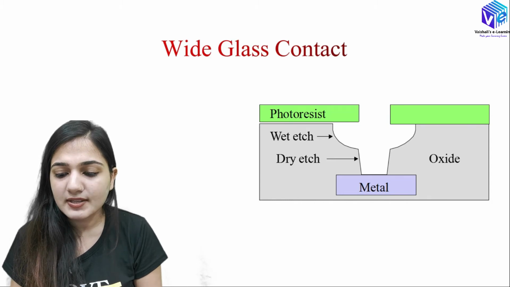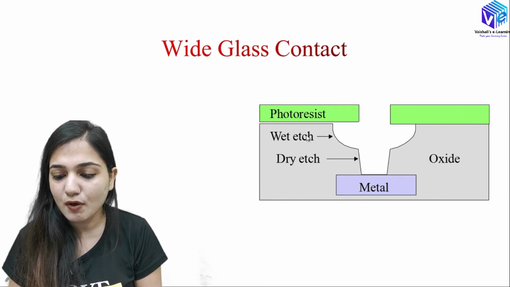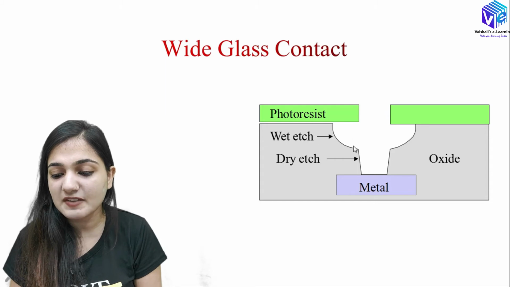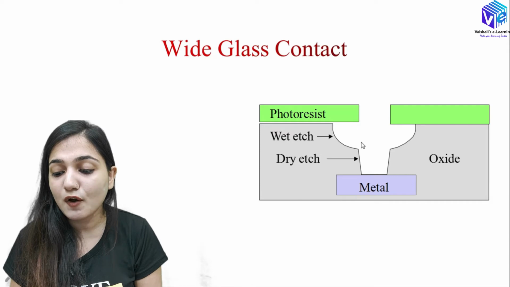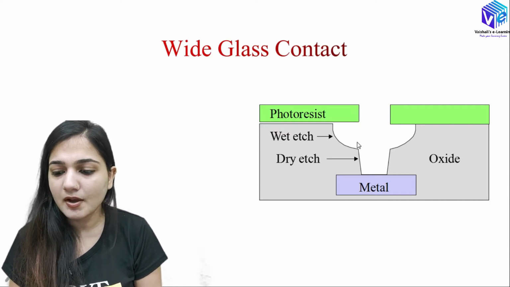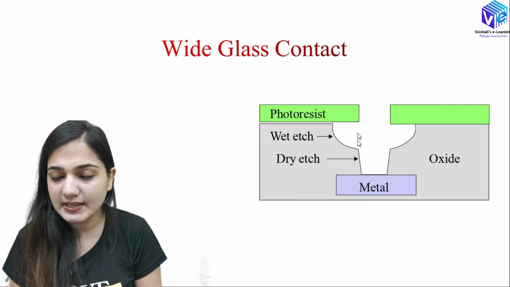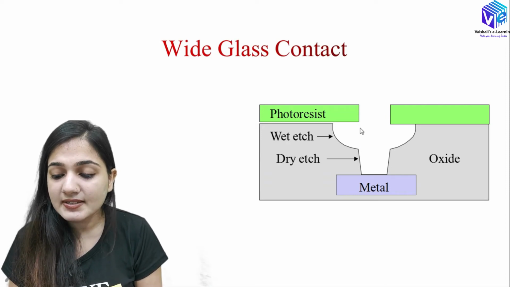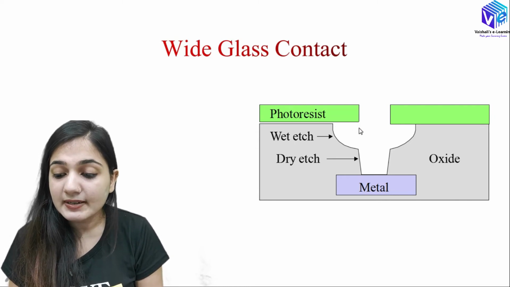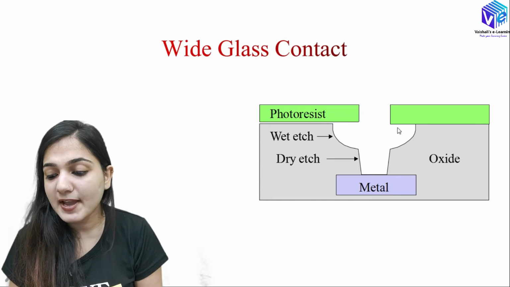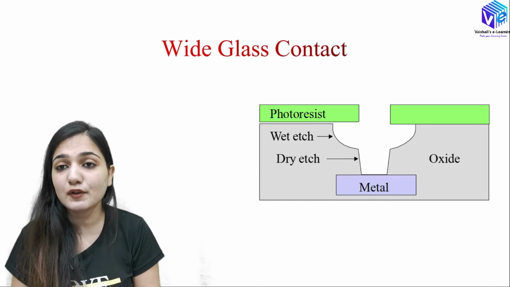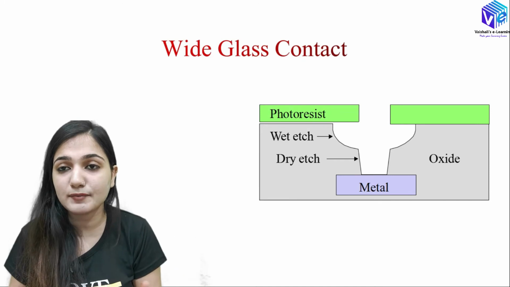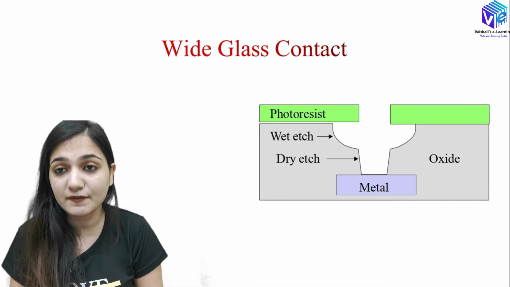So here you can see this is the process of wet etching. Wet etching is giving me an isotropic profile, which means the etching is uniform in all of the directions. If I want a 1 micrometer deep feature size, 1 micrometer deep pattern, in that case I will be getting 1 micrometer pattern in the right direction as well as 1 micrometer pattern in the left direction also. So instead of 1 micrometer feature size, I am getting 3 micrometer feature size.